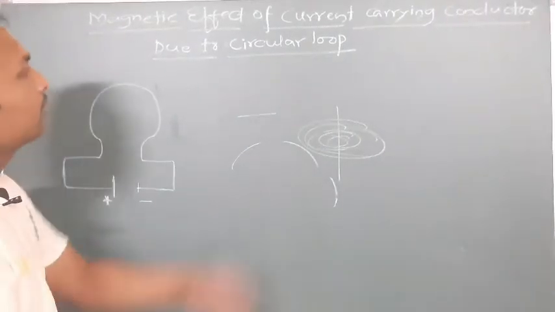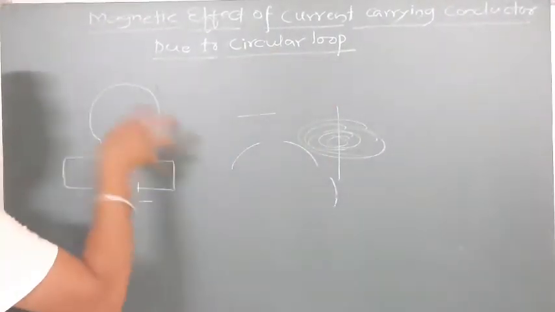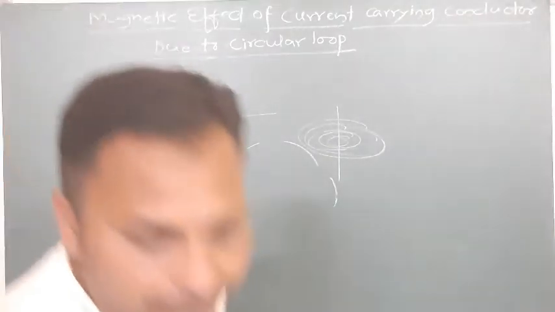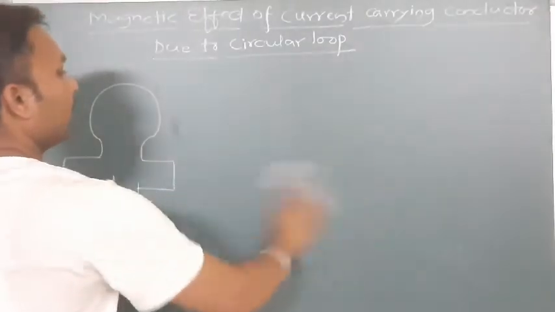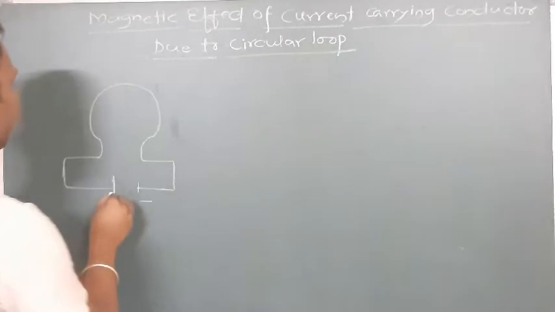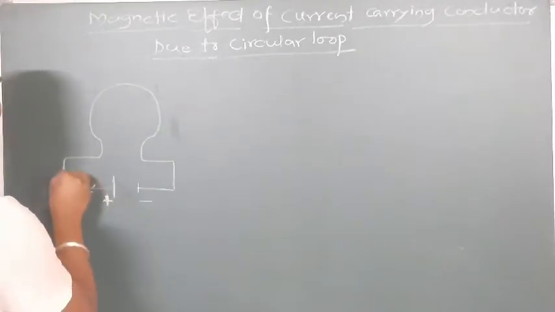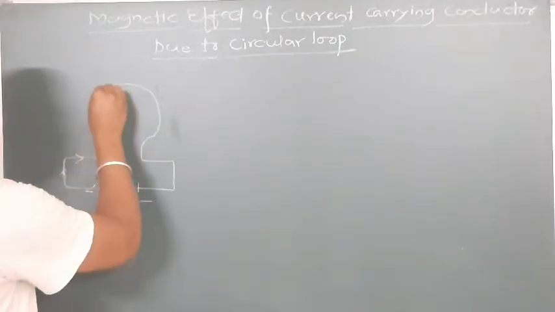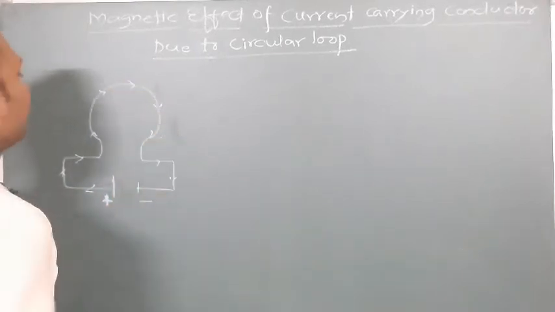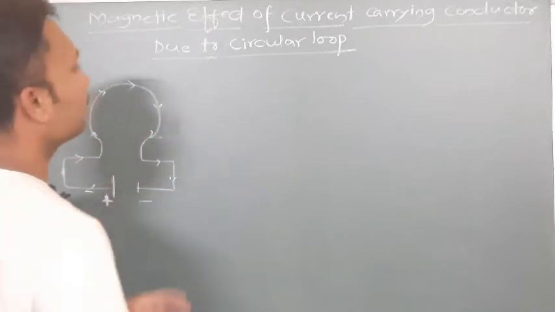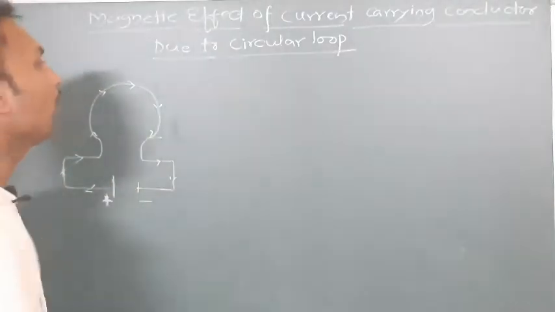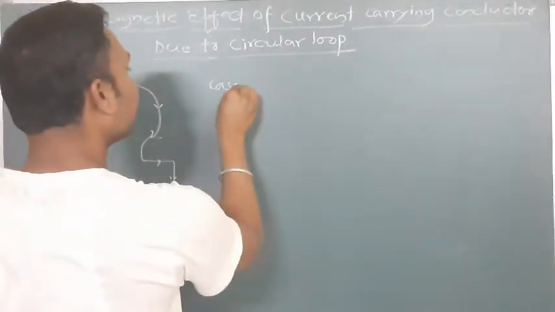Now to understand this circular loop, I'm going to draw one figure here. Let me explain you things one by one. Now just see here, this is one circular loop we have. This is positive, so current is passing obviously in this direction. As the current is moving in this direction, I'll explain this circular loop in two cases. Now I have here case 1.